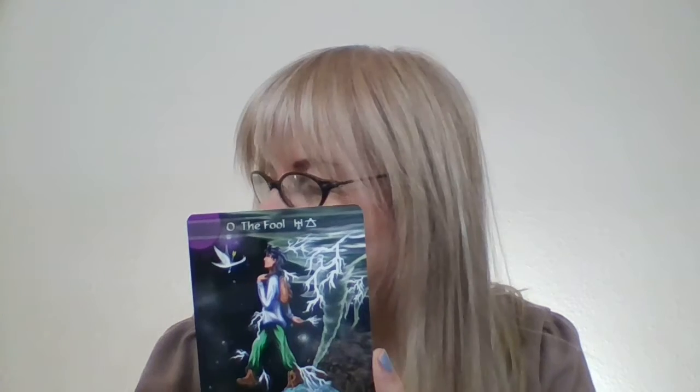I'm just trying to explain to you how everything on this card, once you learn the system, you can read this just like you're reading a regular book. It's awesome. It really is awesome. So you will find this on every single card. All you need to do is learn the color correspondences, the symbols,